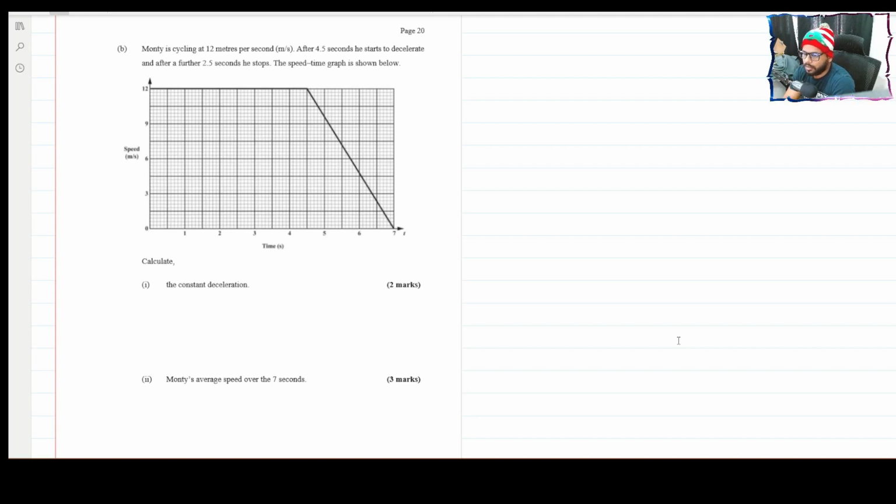Okay, cool. The constant deceleration. Now, deceleration is not going to have a negative sign attached to it. If I have acceleration is -2, that means the deceleration is 2. The acceleration for a speed time graph is just the gradient of that part of the graph. So if I let the graph be such that I have A, B, and C, I can make an easy reference to the graph. I can say the gradient of BC is the acceleration